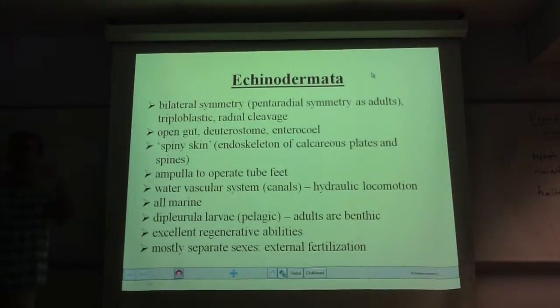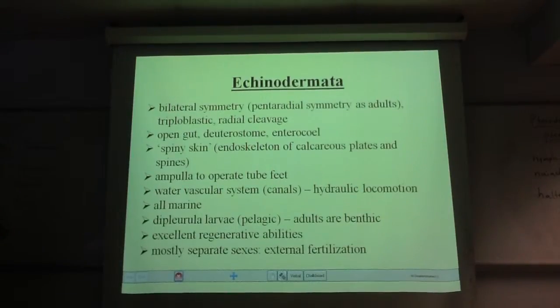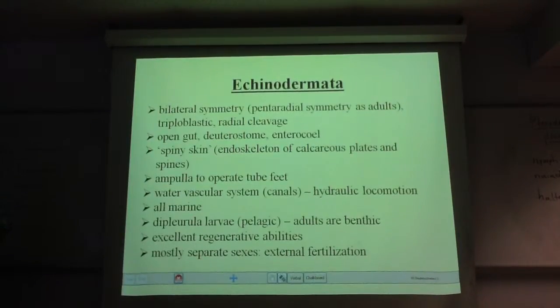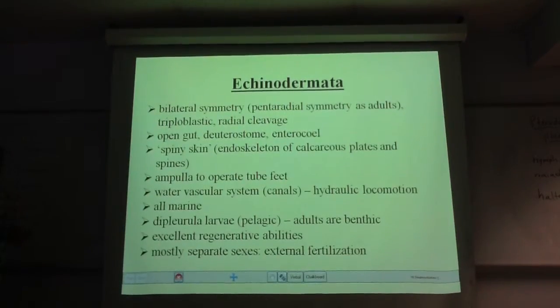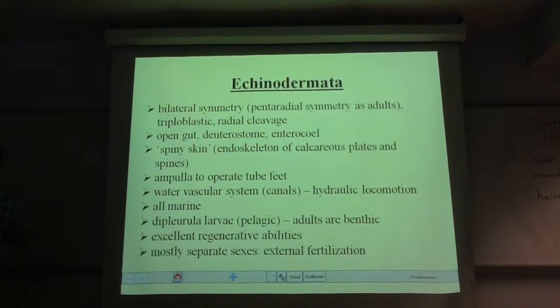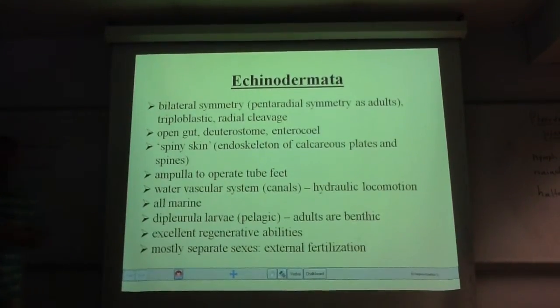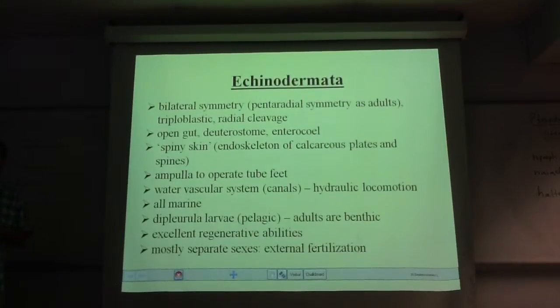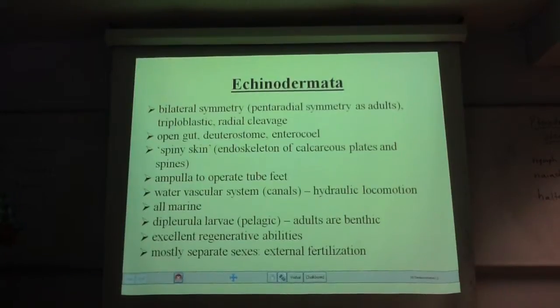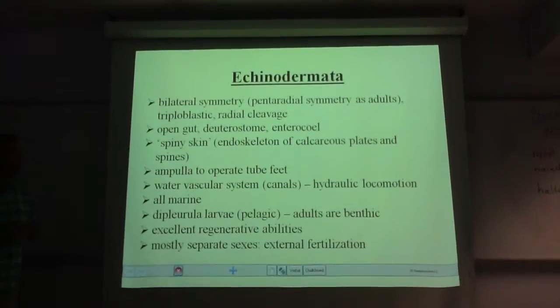So right now let's go through the echinoderms. This is going to be the first of the two deuterostome phyla that you really have to know. Echinoderm means spiny skin, right? These guys are bilaterally symmetrical, at least as juveniles. These are in the Bilateria, but you'll see that as adults they revert to a form of radial symmetry. Pentaradial symmetry. What does penta mean? Five. Five-parted radial symmetry. And you're going to see this across all of the echinoderms.